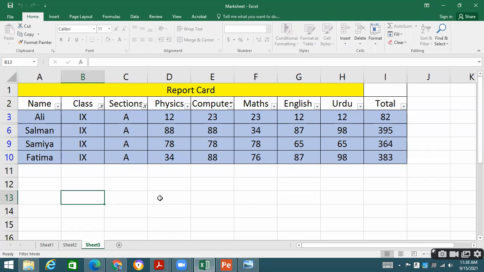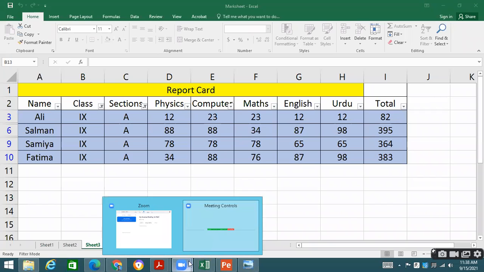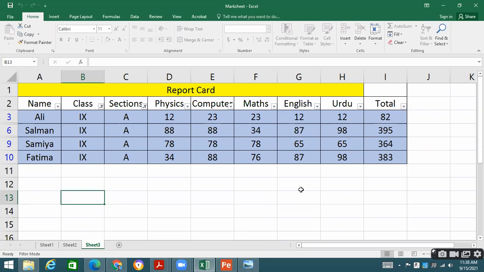Can you see this? What are the different options? You will tell me which are the same as in Microsoft Word. So what are the things which are similar in nature? Format toolbar, cut, copy, paste. If you remember, you will be able to know that these are very much similar to all these options that we have studied in Microsoft Word. So I am not going to recall all these things.